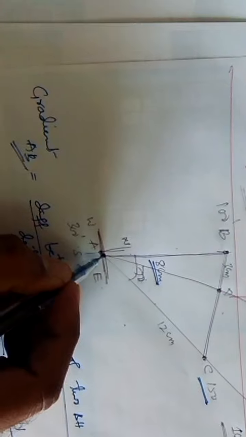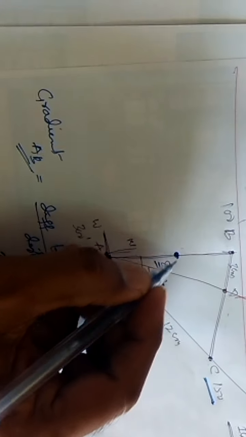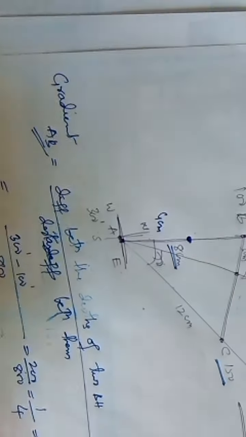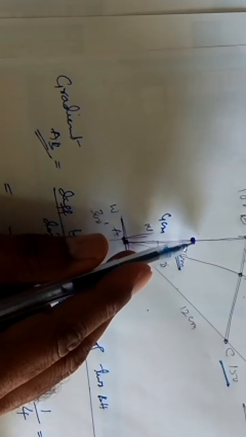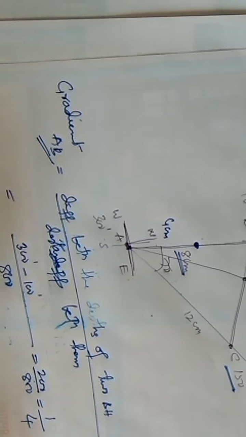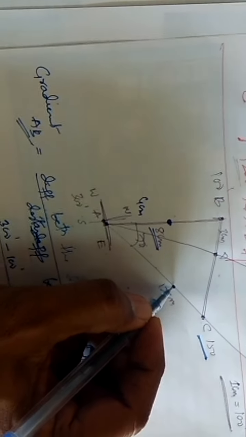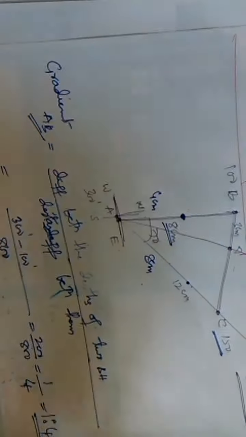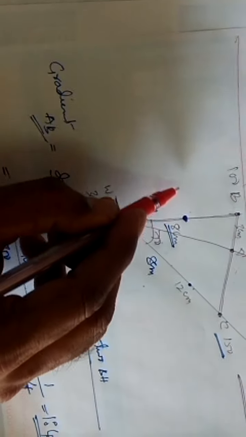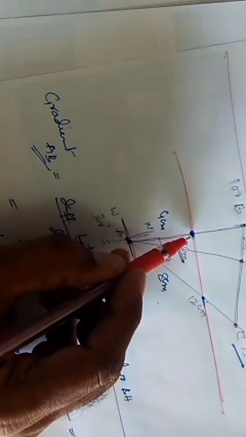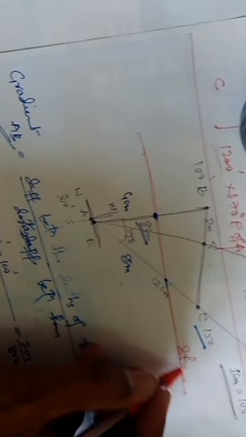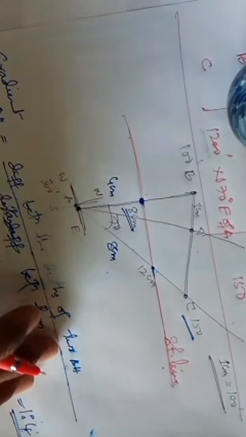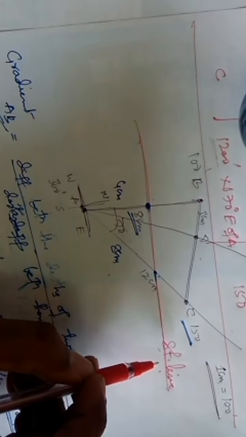Then what I require to do is mark from A. AB means you have to start from A. You take 4 centimeter towards B, because I got 1:4. Another, you take 8 centimeter from A towards C, because it is 1:8. You will get these 2 points. Next step, you have to draw a line which passes through these 2 points. This line is nothing but the strike line. You take the scale and you do it. Okay, this is the strike line, friends.